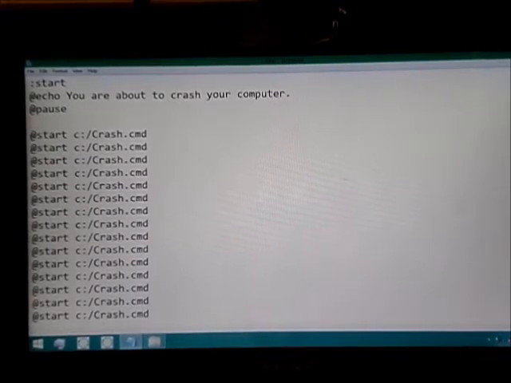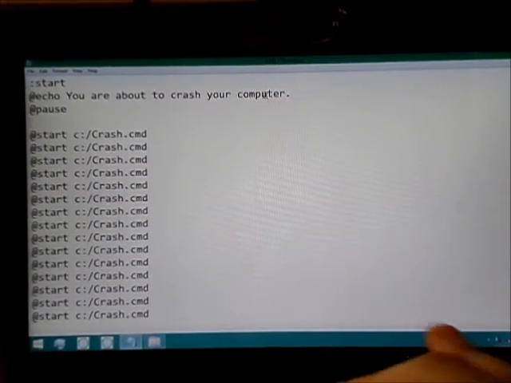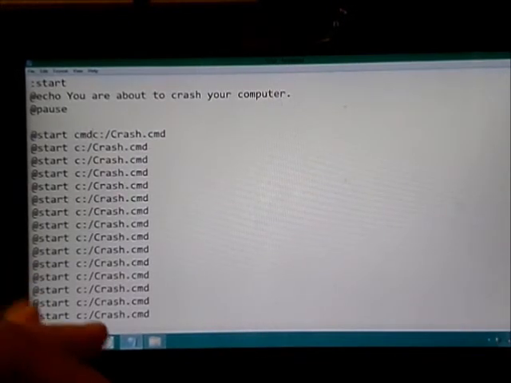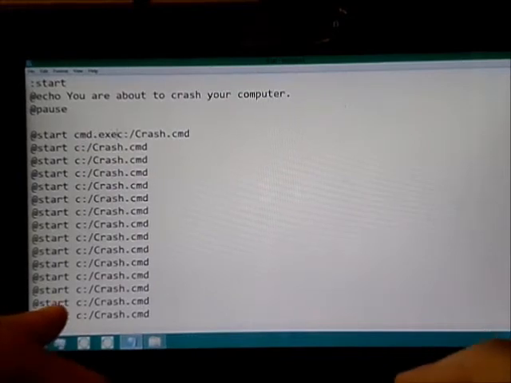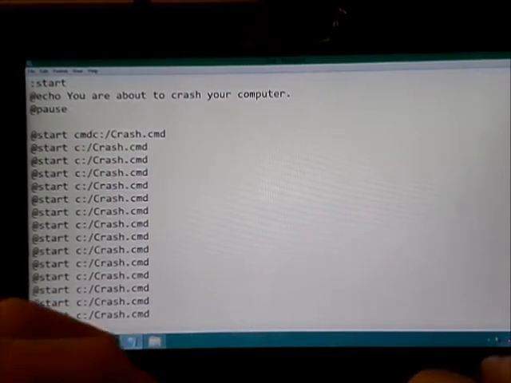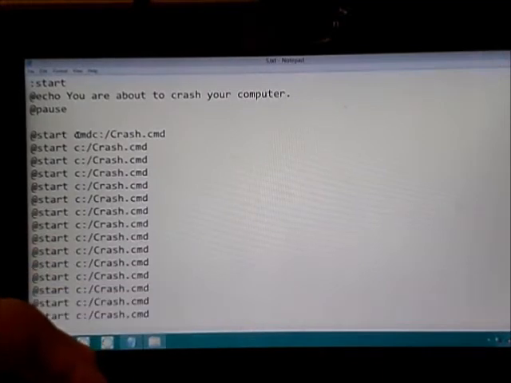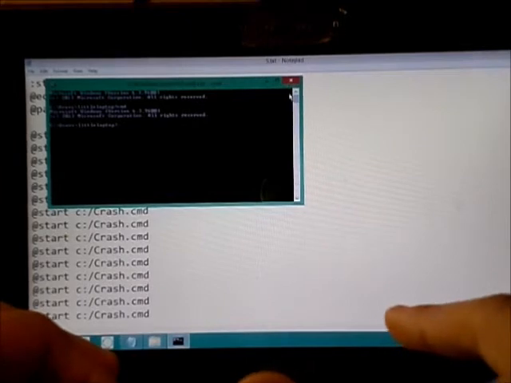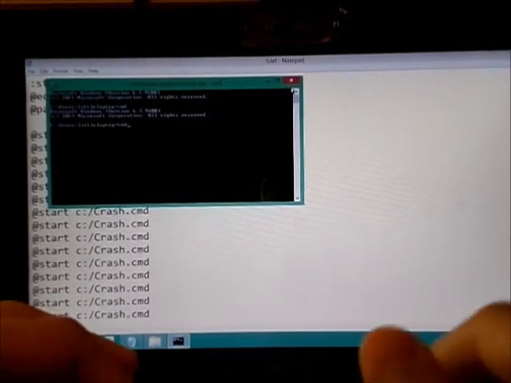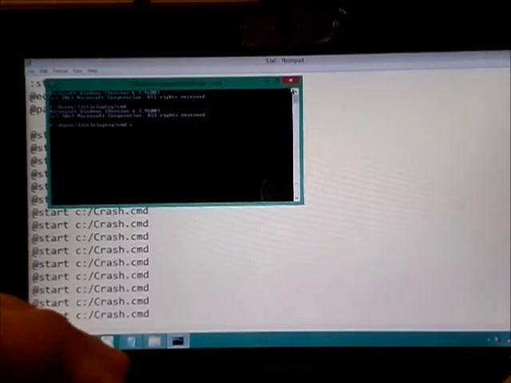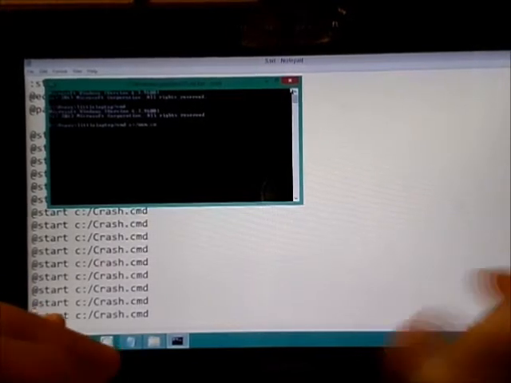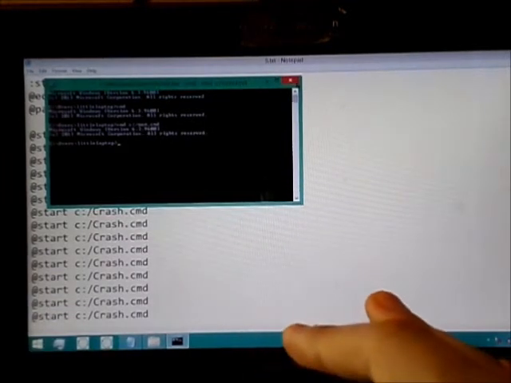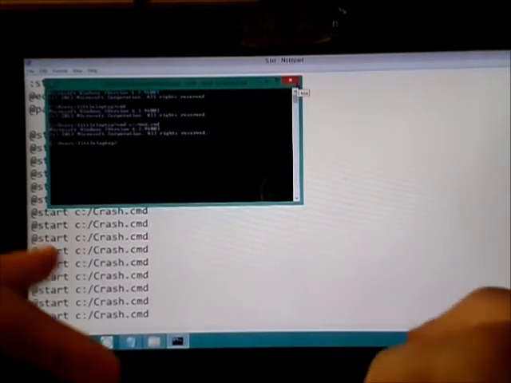I probably need to do start cmd.exe, so let me pop that. I'm pretty sure, let me see. CMD. Well, it just runs command prompt if I put CMD. Okay. So if I put CMD c:/mom.cmd. Okay, it didn't find mom.cmd, but if I just did